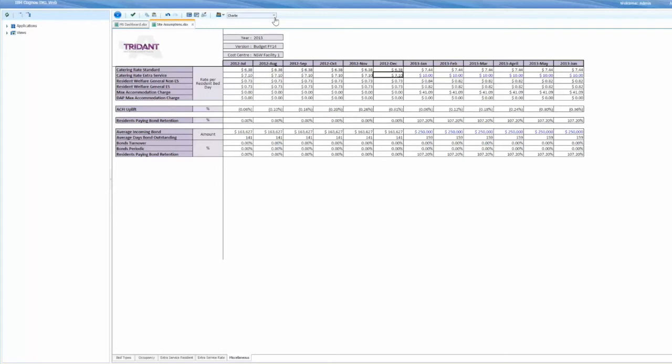Another benefit of this sandboxing is you can run very good, very detailed scenario analyses, to see what would be the impact on my company if I did want to do a development and create more extra service places. How would my new net bond flow look and my cash flow look? What's the impact on my expenses and revenue going to be? So now I've made those changes, I can jump back into the MS dashboard,